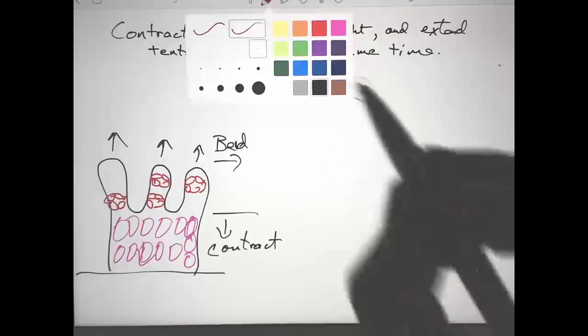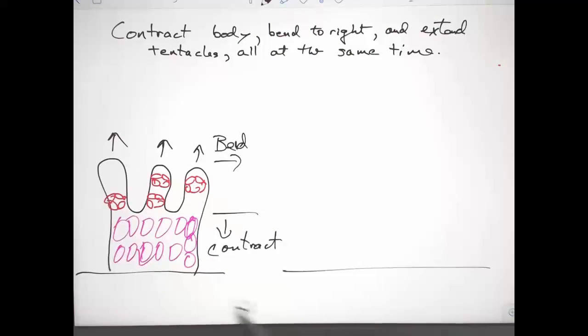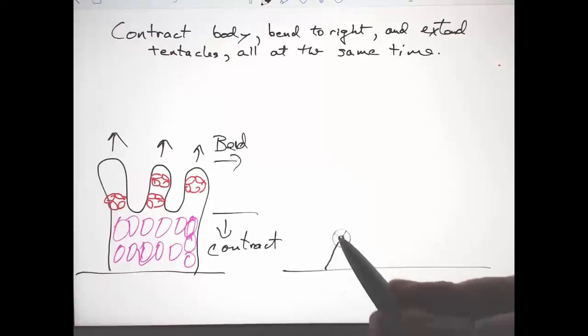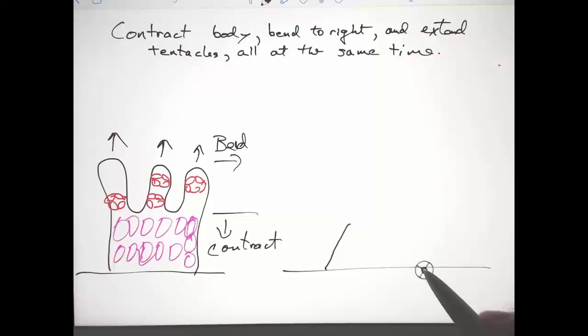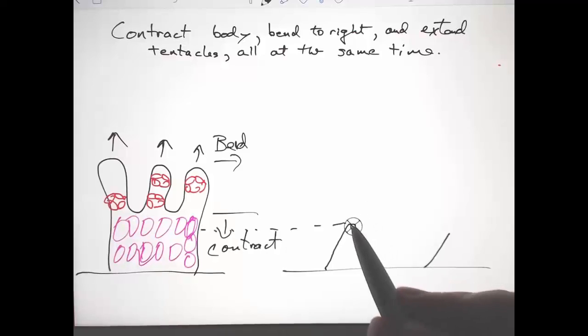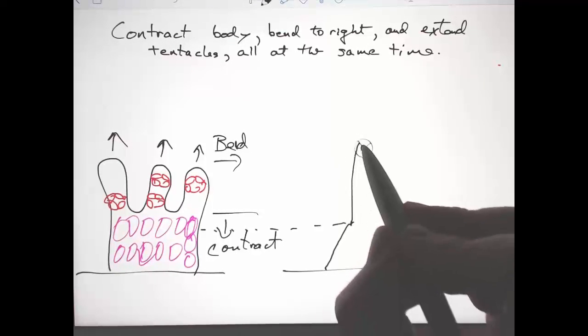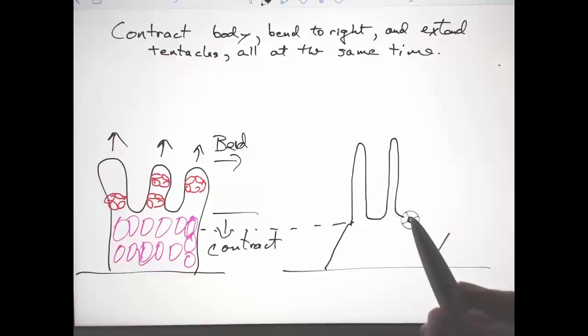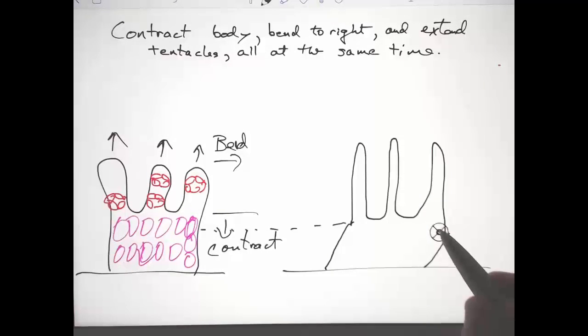So if you were going to show this in a sketch, if you started with just what's in black here, what you'd want to draw is a bend, and you'd want it shorter and fatter, and you'd want the tentacles to be longer and thinner. And to show that, you would show